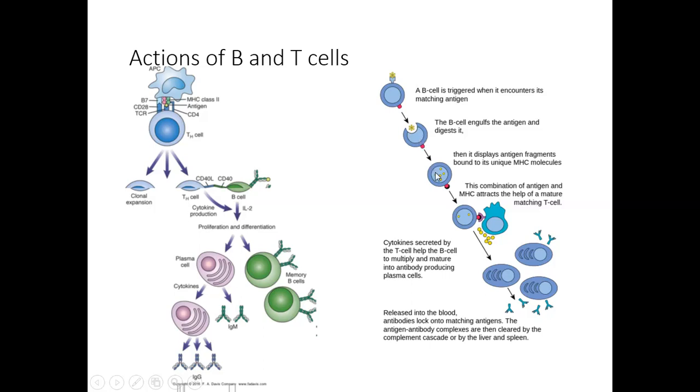The antigen is broken into little peptides in basically the same process that we've seen before. The little antigenic fragments get bound to its own MHC2 complex and brought up to the cell surface. The MHC antigen complex on the mature B cell will help bring and trigger some T helper cells to come